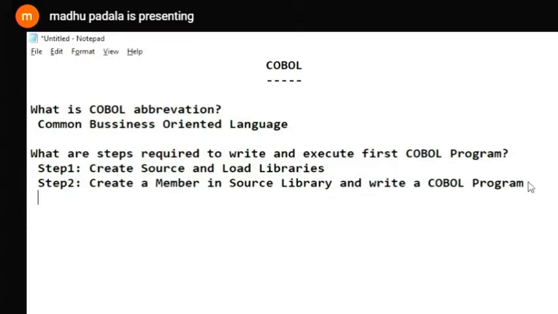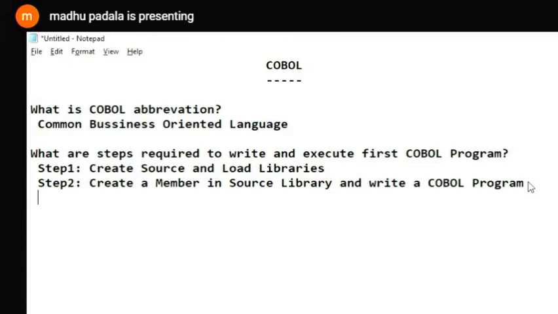To compile a COBOL program, we need a compile JCL. To run the COBOL program, we need a run JCL. So we need two JCLs here: one is a compile JCL, the other is a run JCL. Everything in the mainframe is a job.